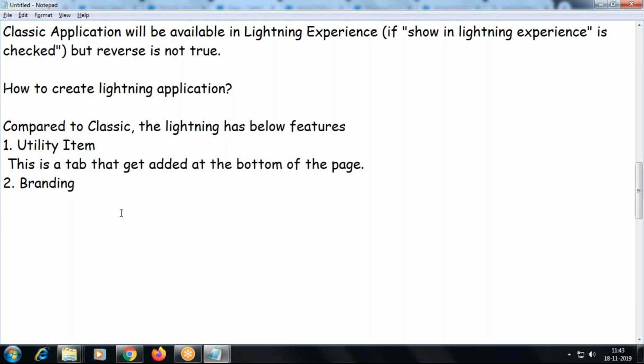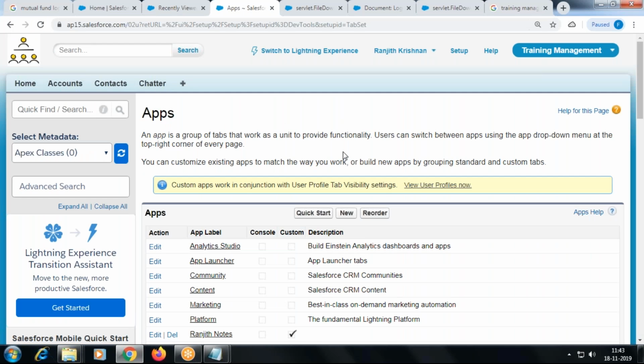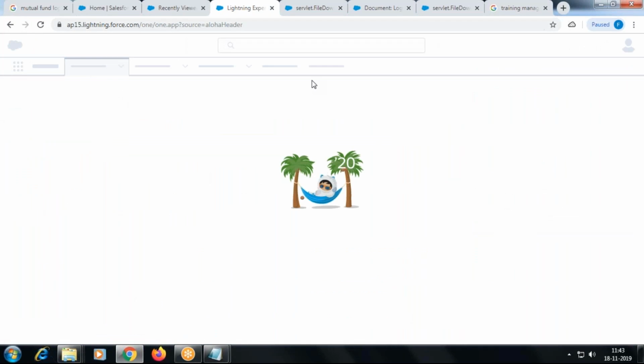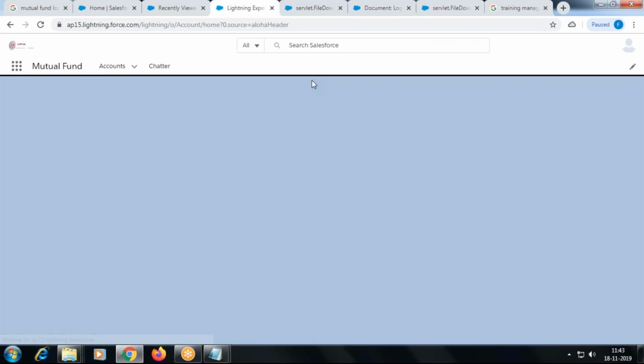Upgrading means what? Every four months they are upgrading, right? Upgrading means adding new features. So into my Classic application, I would like to add a utility item and branding. How are we going to do it? I go to switch to Lightning. Where are the applications?